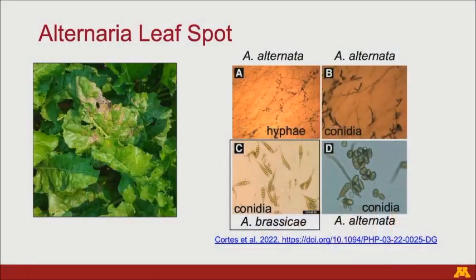But Alternaria looks more or less white, and then they can have some concentric circles. But at the later stage of Alternaria, you see a lot of tattered leaves, and then extended lesions here, right? So when we think about Alternaria, there are really two types that we're dealing with.